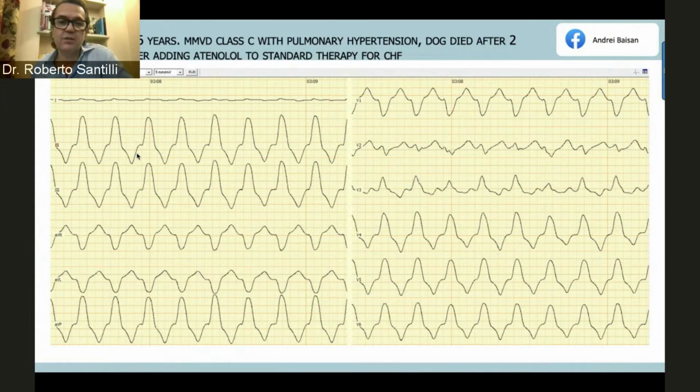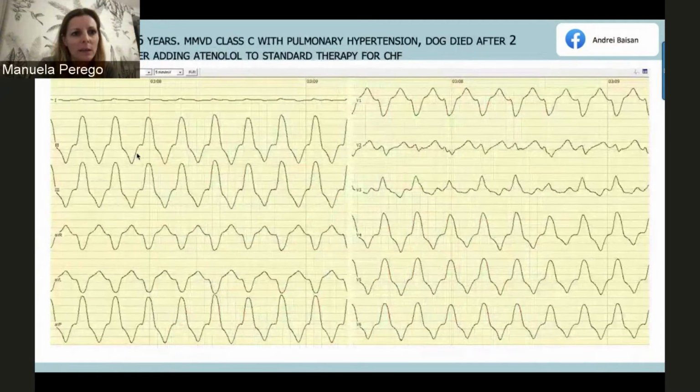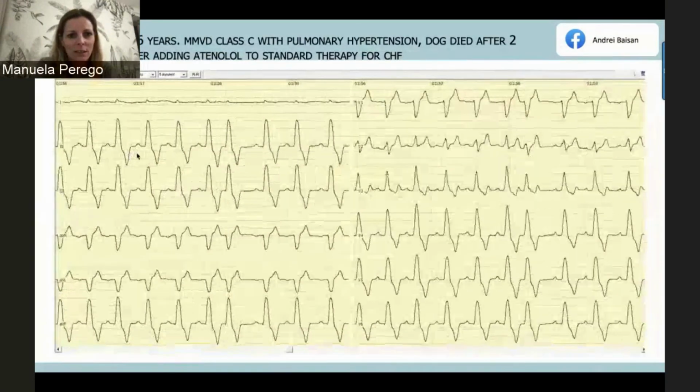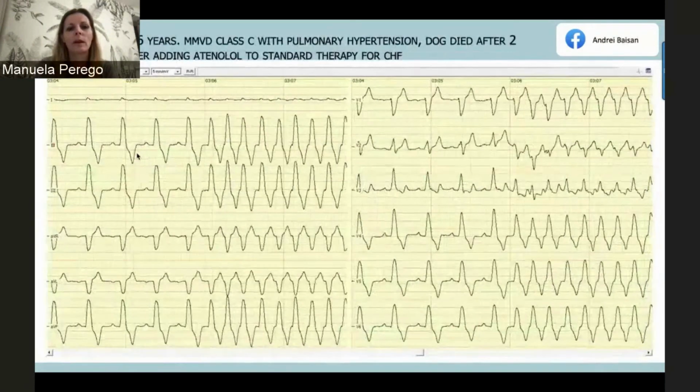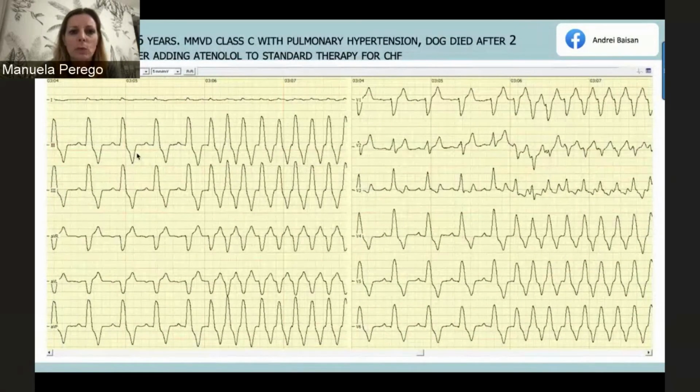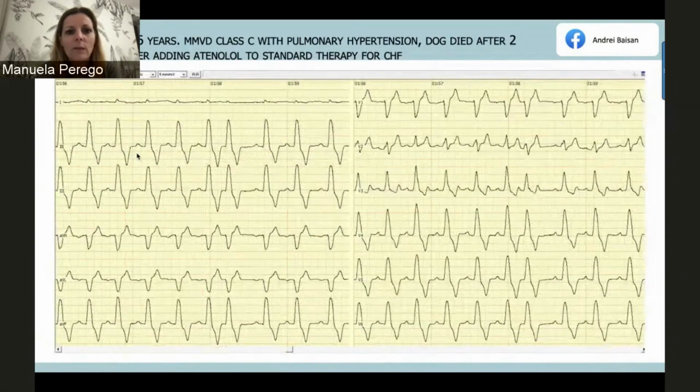Manuela, is there any question on this? Just one question. Hi, everybody. So if you look at the second slide of the second ECG, okay, this one. If you consider the morphology of the QRS complex in V2, there is a slight difference between the first two beats and, for example, the third. Do you consider just artifacts, or do you consider an alteration in the conduction of the impulse along the intraventricular septum?